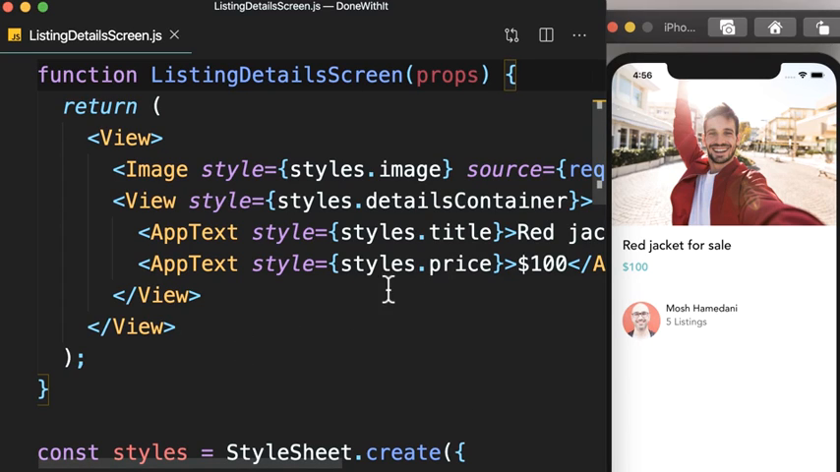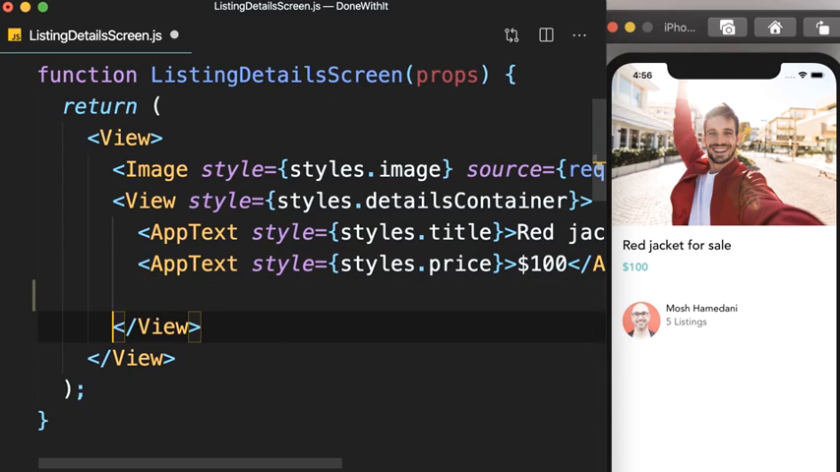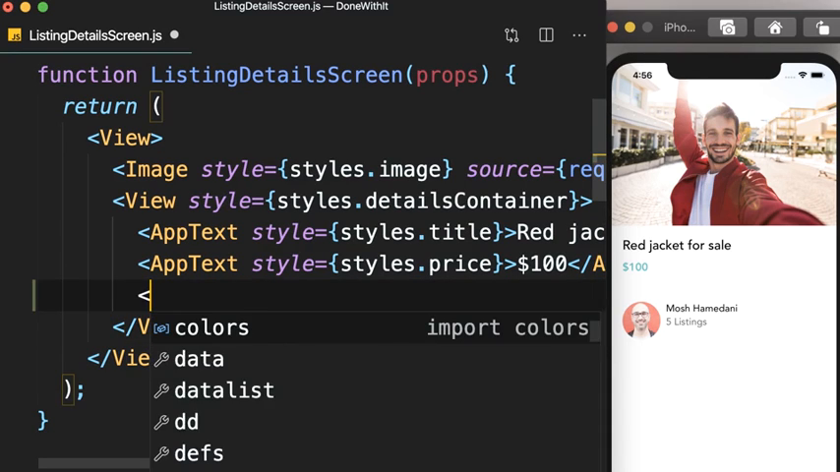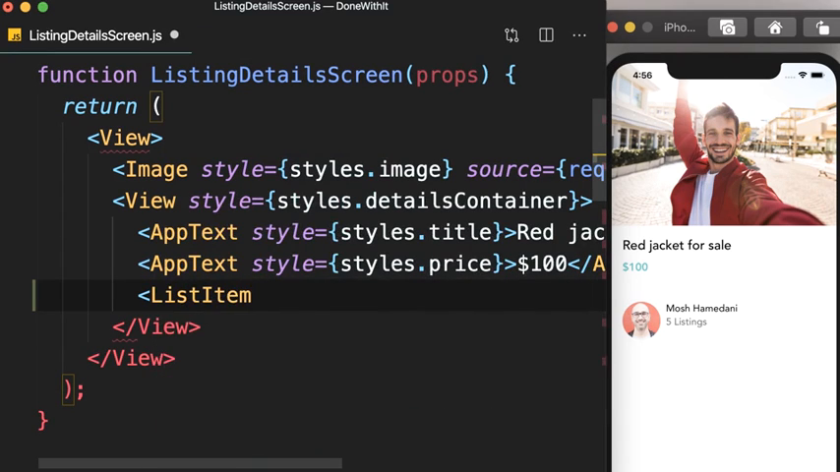So here on listing details screen, right after the price, we can use this component. Let's call it ListItem. So I'm using a generic name because this has nothing to do with the context of this app. We can use this component in various contexts, okay? So this component should have 3 props,